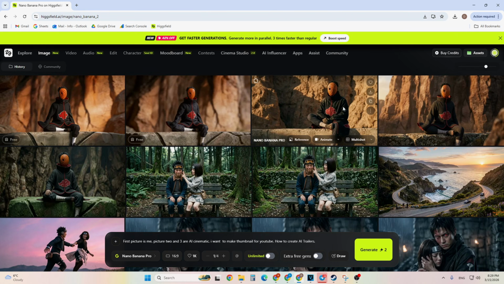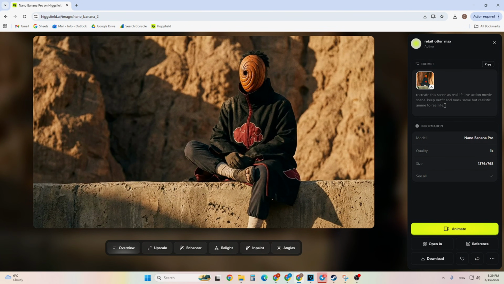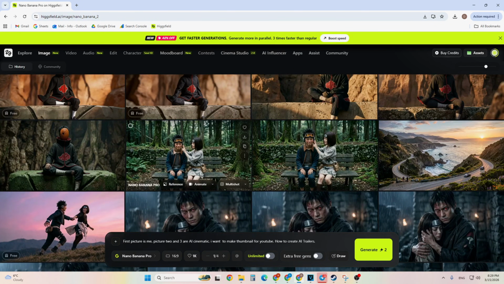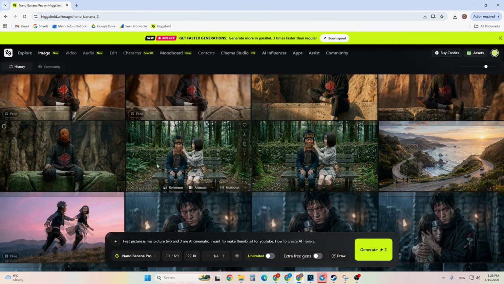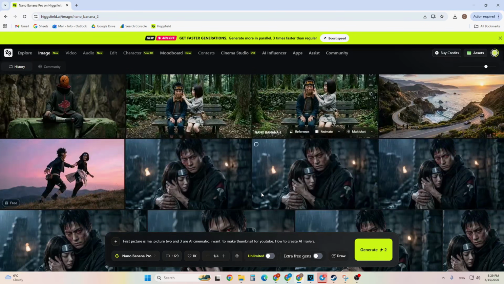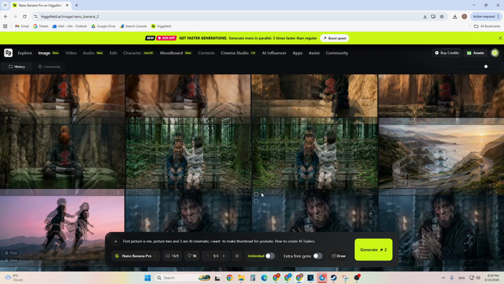I don't do complicated prompt engineering. I keep prompts very simple. What matters more is generating multiple variations. For each frame, I usually generate 4 images. Then I carefully pick the best one. Sometimes the difference between images is small, but that small difference can make the video look 10 times better. So never settle for the first result. Generate several and pick the best.